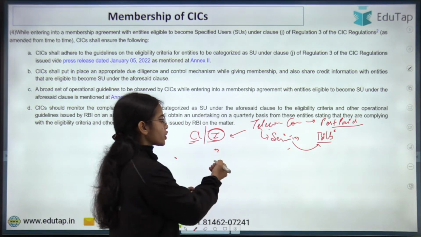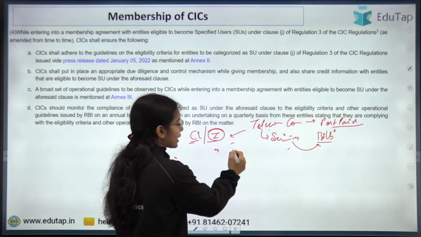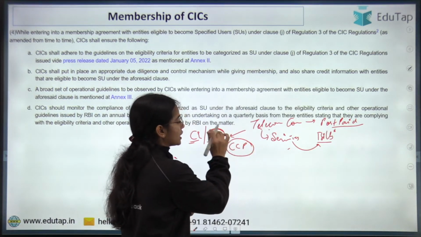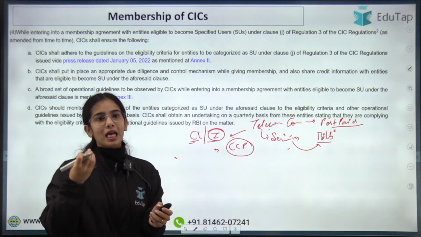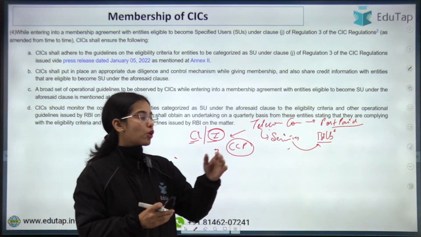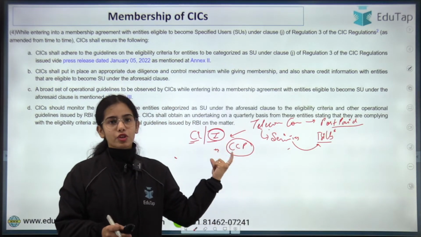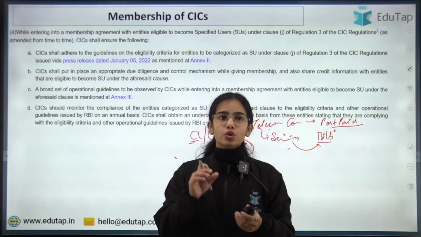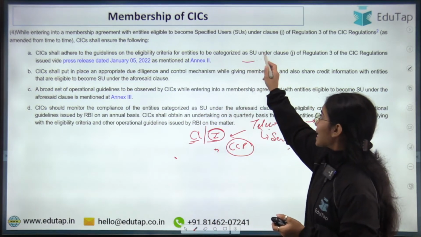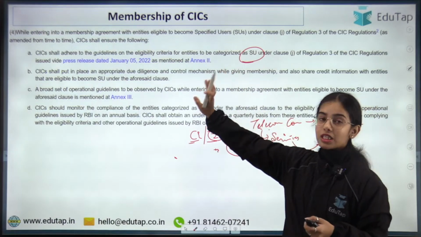Okay. Because if the individual is making the credit card payments in a timely manner, has returned the previous loan, and has paid all the EMIs in a timely manner, you can understand that the telecom company can trust this individual more and can provide the postpaid services easily. Okay. So the specialized user category is there. So who can be the specialized user?